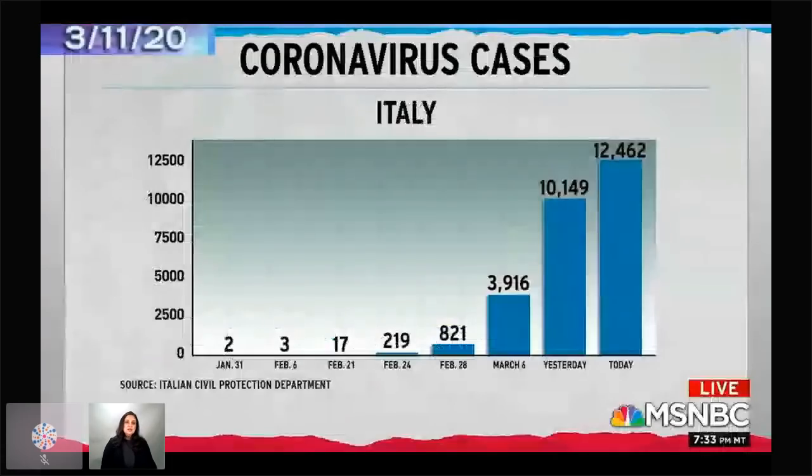Now, here's a really good case illustration. This was taken actually from a broadcast of MSNBC. And you can see on the 11th, so last week, you can see how the number of cases in Italy, which we know is suffering a lot from the coronavirus right now, started at 2 cases at the end of January. And then it went to 3 cases in February. And by February 21st, it was at 17 cases, and it still seemed like it might be something manageable. But within a few days, that jumped to 219.